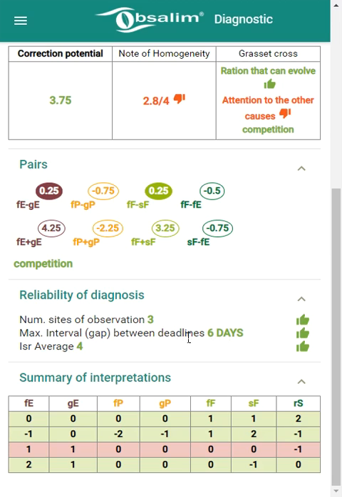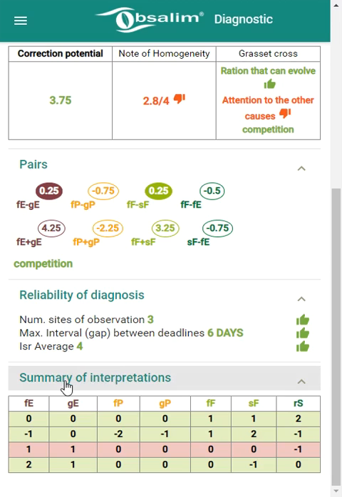To have a good interpretation on a short time, you must have less than 5 days between the shortest symptom and the longest symptom. If you have a difference of more than 5 days, be aware that there may have been a feeding change in between. And finally, we have the average ESR, which must be greater than 3.8.